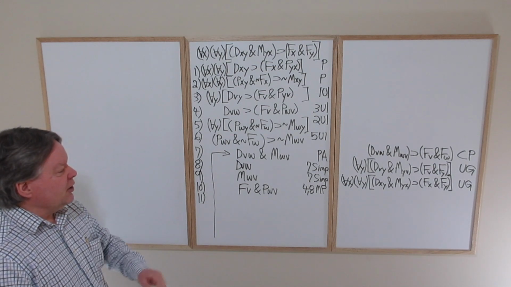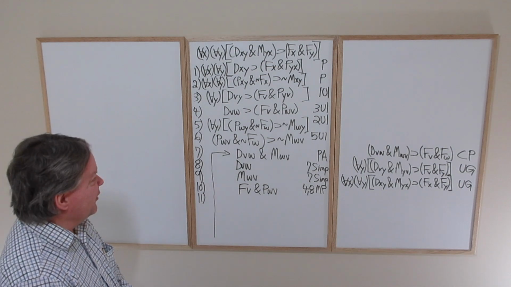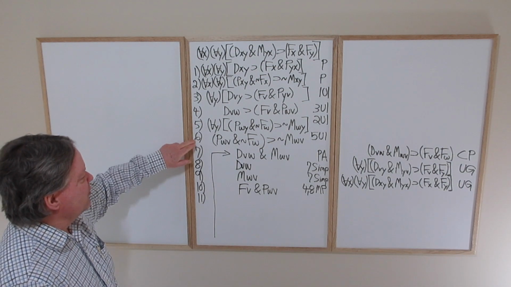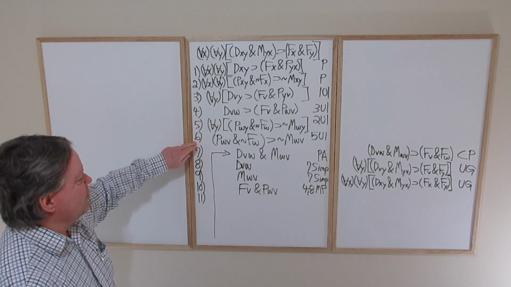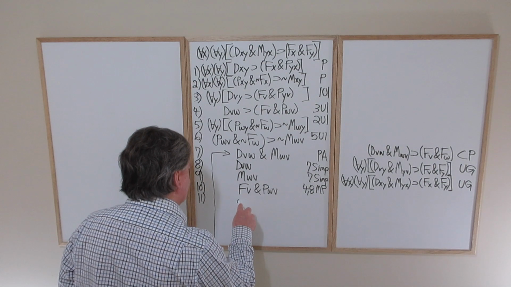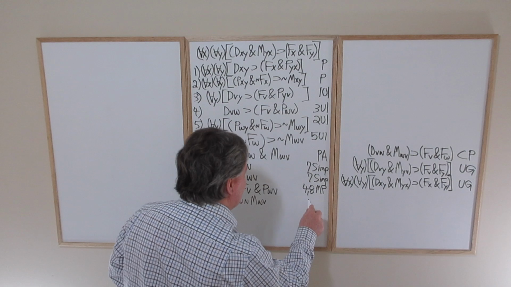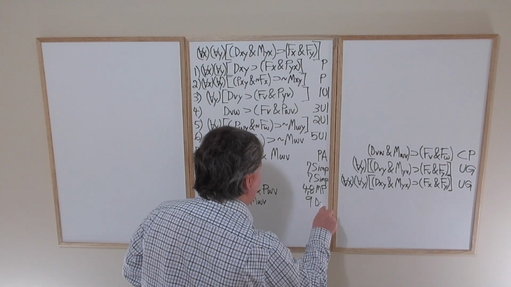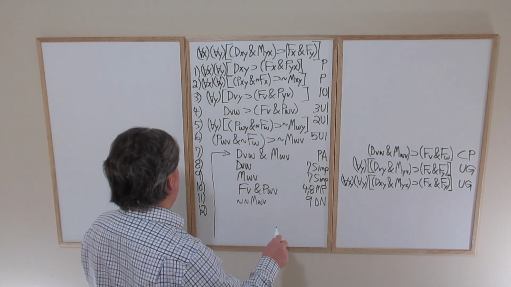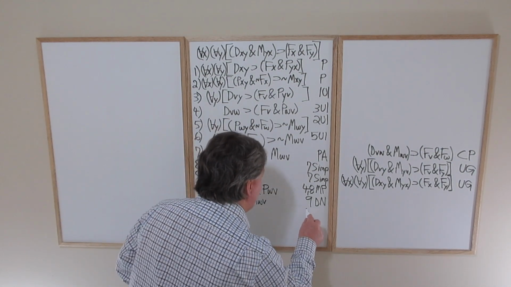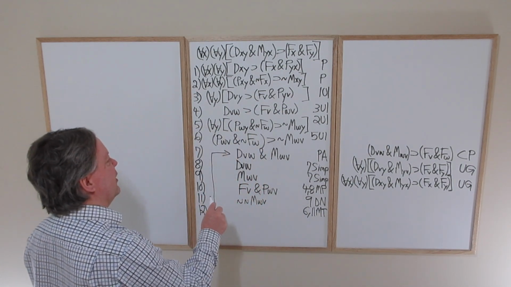It might not be clear to you whether we need both of these. So we can always do the simplifications later. You might have noticed as well, 6 has got tilde MWV as the consequent. So we do a double negation on 9 so that we're set up for the modus tollens. 6, 11. Modus tollens is going to give us